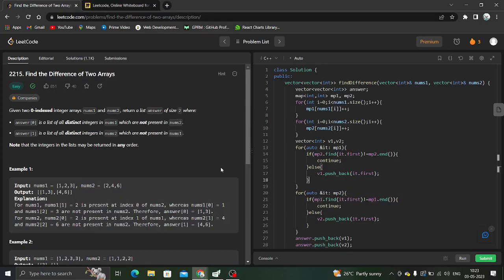Hi everyone, let's solve today's daily challenge, that is find the difference of two arrays. In this question we are given two zero indexed integer arrays nums1 and nums2. Here you can see we have nums1 and nums2, and we need to return a list answer of size 2